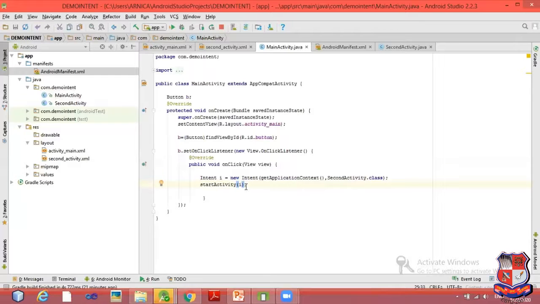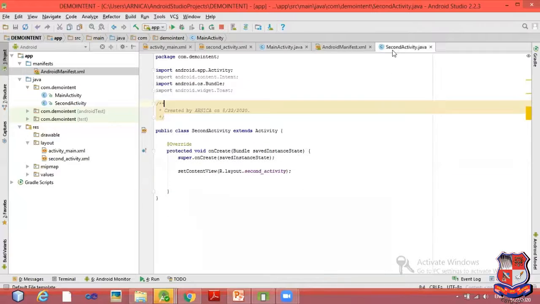So here we have completed the first activity file coding, and in the second activity you just need to create that activity and set the UI of that activity. That I have already done for the second activity. So our application is ready to run. Let's run this.